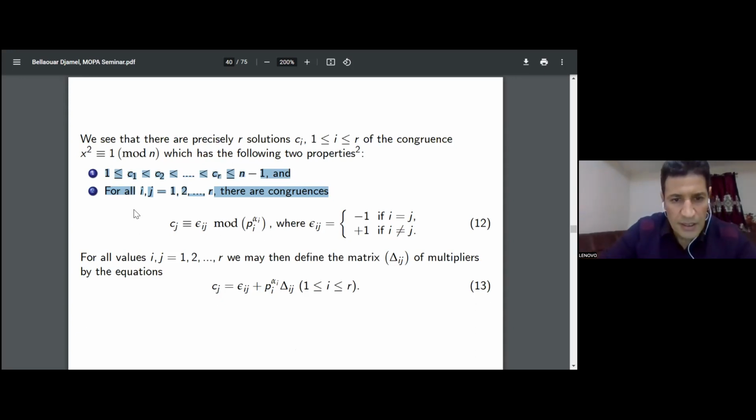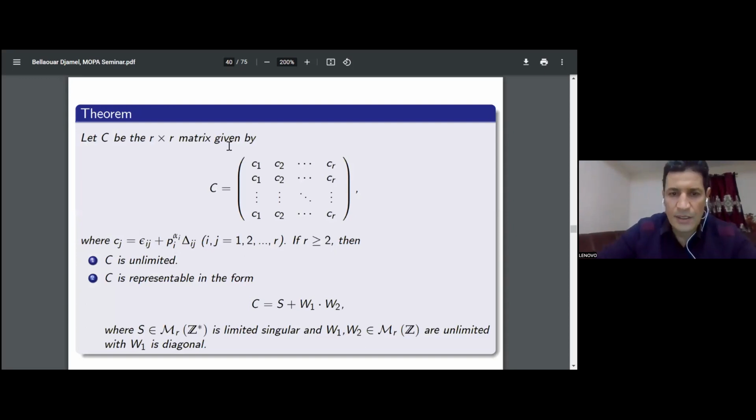Okay. And using the previous solutions, we define the following matrix C given by this form. And we prove that C is unlimited, and C can be written as the sum of a limited matrix S and the product of two unlimited matrices with integer entries. Here, omega 1 is diagonal. Okay. For the proof,